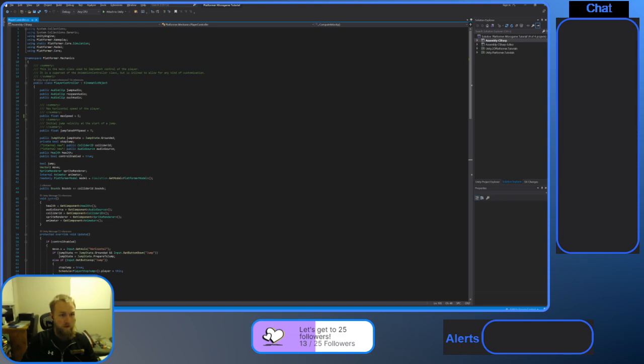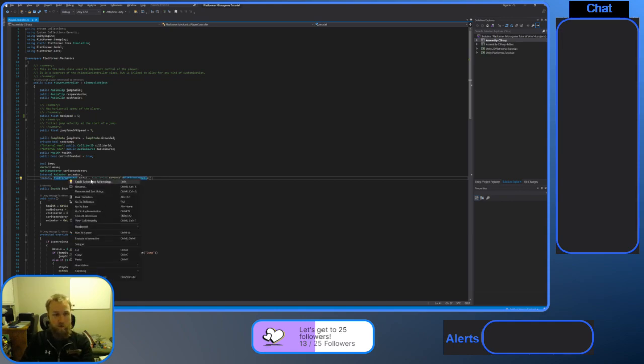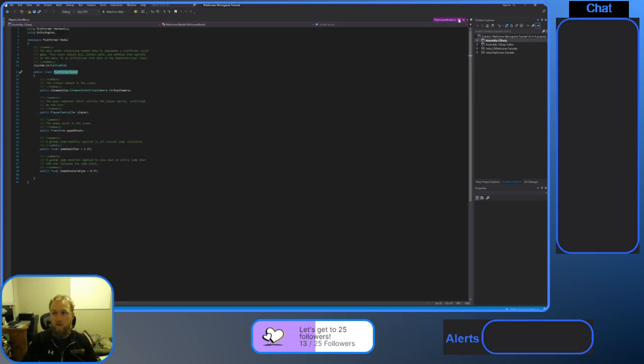Okay, the other thing that affects the movement is this platformer model. So let's get this open. It's with F12. Darn it, the shortcuts. F12. So now here in the platformer model, we've got